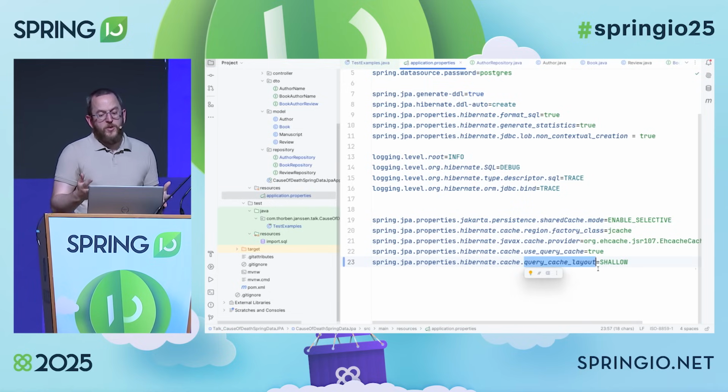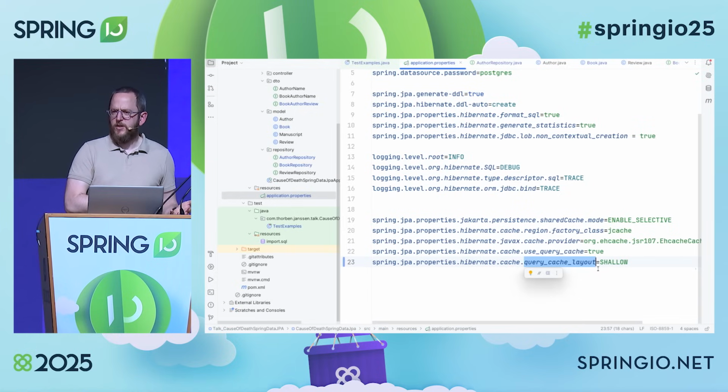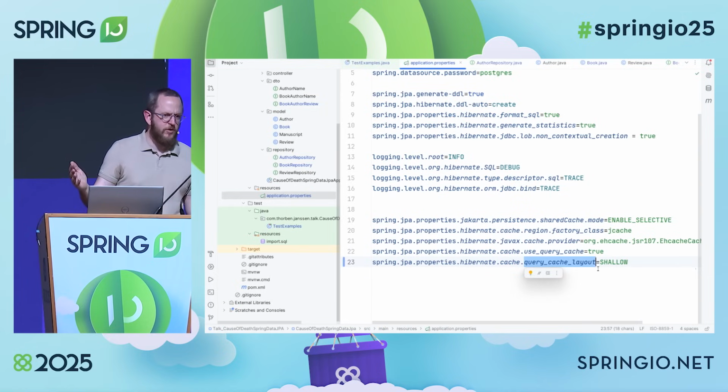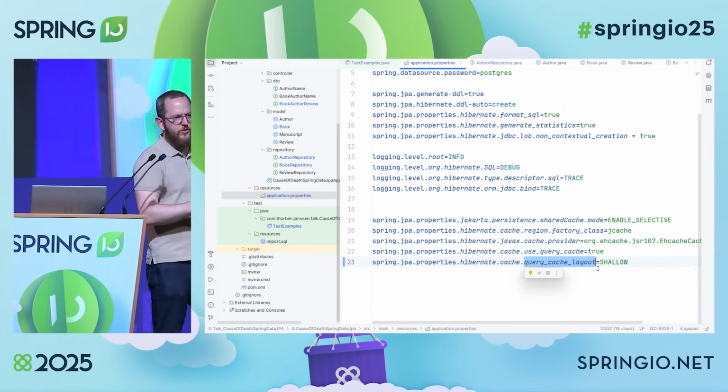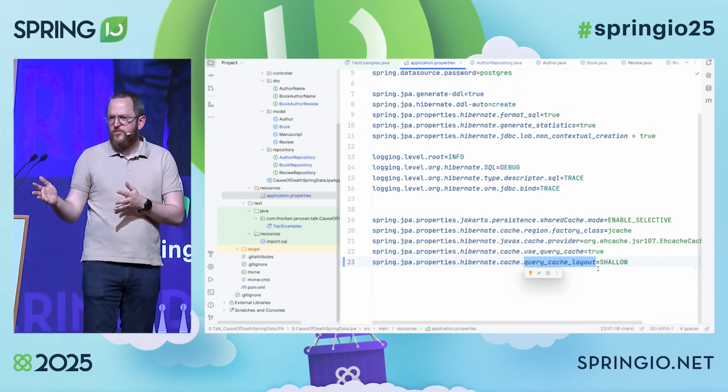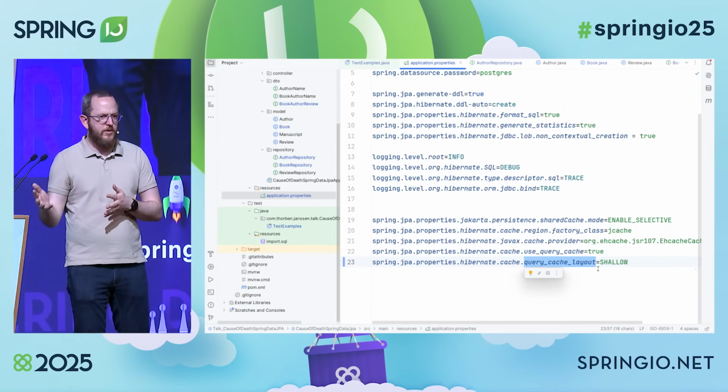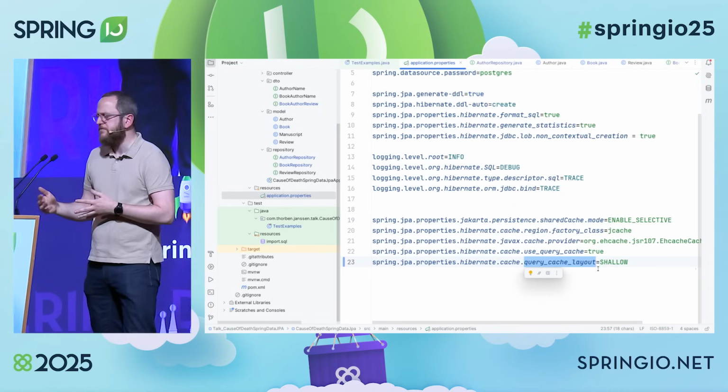And that was the default in the beginning in 6, and then people started complaining that the query cache that worked great for their Hibernate 5 application now massively grew in size, because instead of a long that previously was stored in the query cache, we now stored 50 fields for each entity reference.